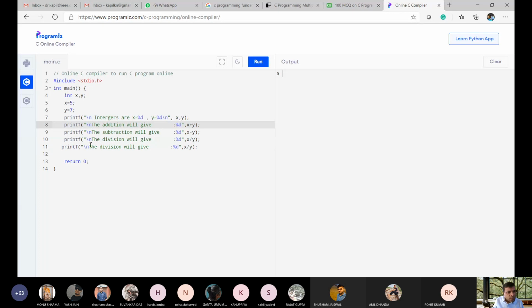Percent d, and let us remove slash n from here. Division is already completed: addition, subtraction, division, multiplication. Multiplication will give this. And then mod.